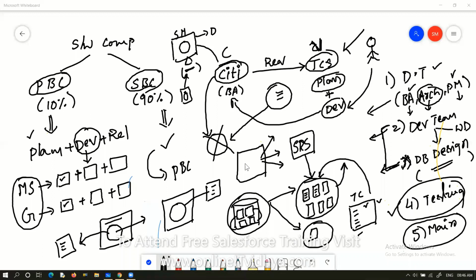And for this, you may ask questions like, I don't know exactly what the internal process is that these companies are following. Don't worry, I will let you know very clearly in the further sessions. One by one, each and every point I will let you know. What is the starting point and what is the ending point? Everything I will let you know very clearly.